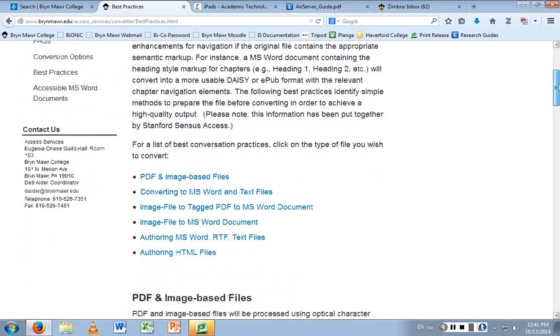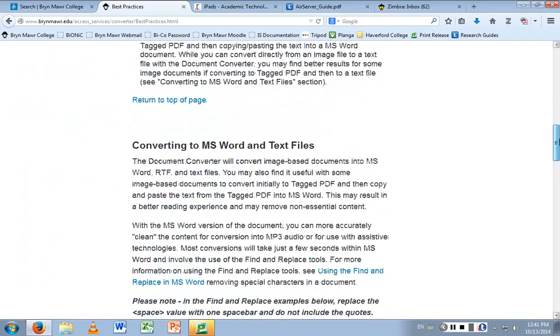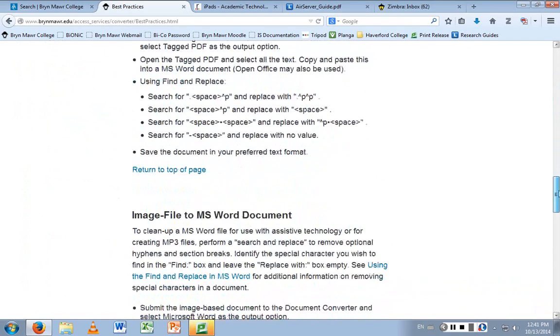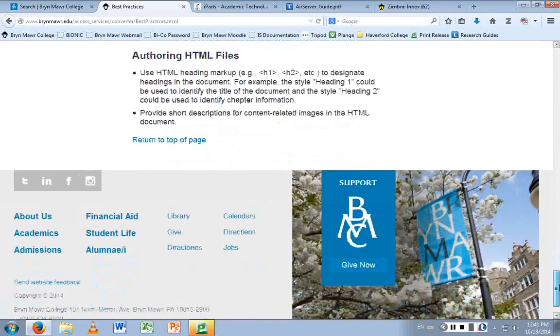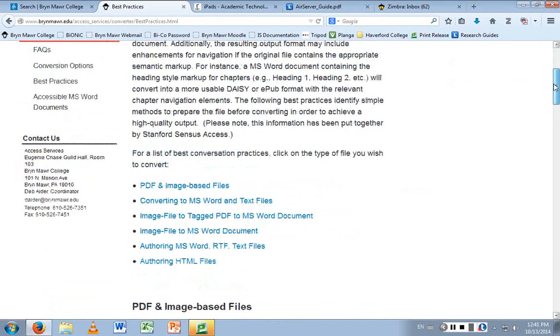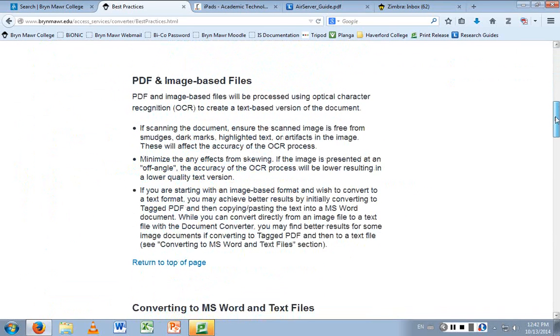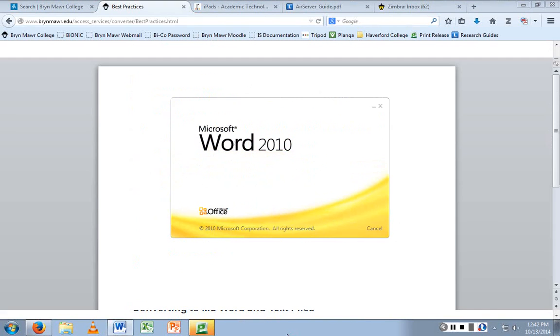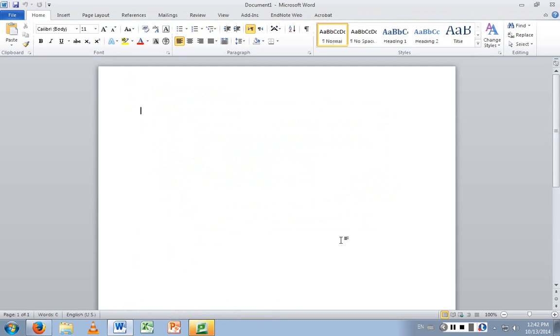A lot of what I'm going to say, in fact maybe all of it, is on these little things that we cribbed from other sites, like Stanford. Stanford was very generous in letting us use their materials. So essentially, let me pull up a Word doc, because I think it would help.